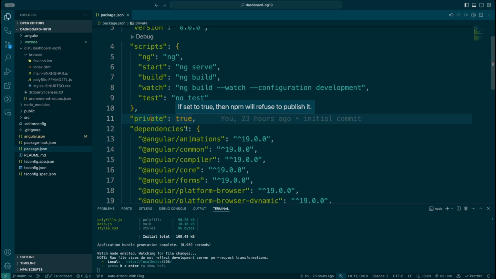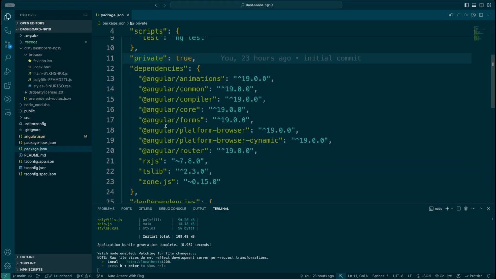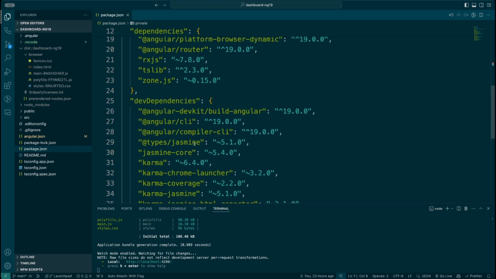There is a command to publish the project or Angular library in the npm repository, and if you set private to true, it prevents it from going to the npm registry, because this is only required locally. We are only going to be working in our current system, and we're not really going to be pushing that to the npm repository, and that's why the private property is required, right? So that's pretty much it about